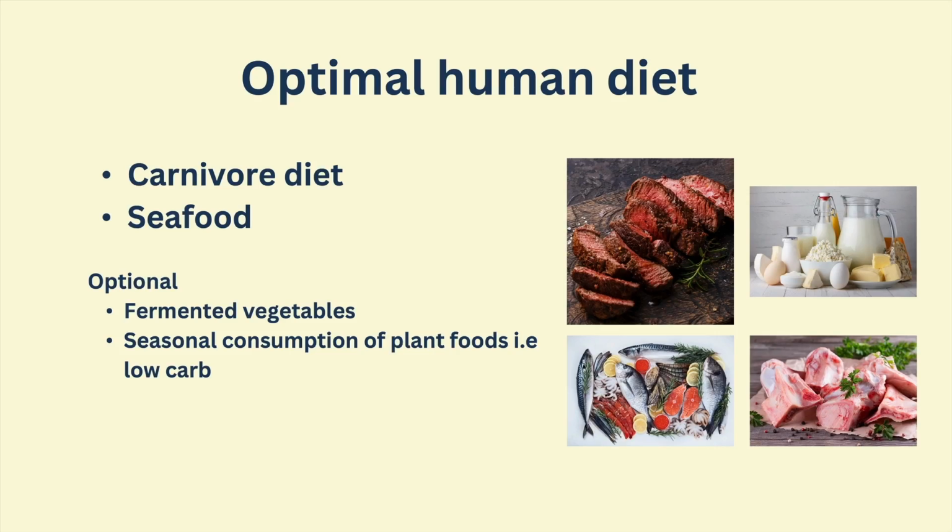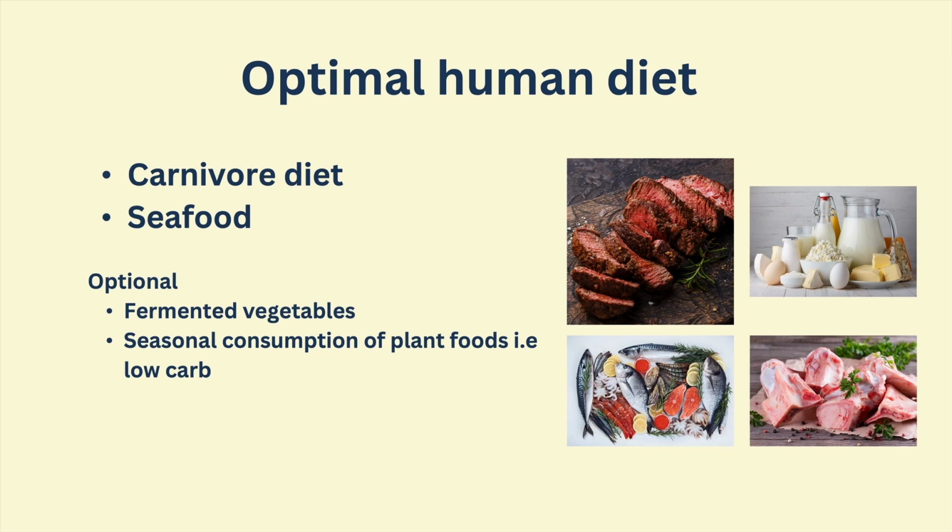So what's an optimal human diet? Well, I believe that adopting a very, very low carbohydrate or carnivore diet is the most effective way of reducing visceral fat. The reason for this is because it cultivates such a low insulin environment, and it is really addressing insulin resistance right at its root cause. Adopting a carnivore or extremely low carb diet as well allows that gut to heal.